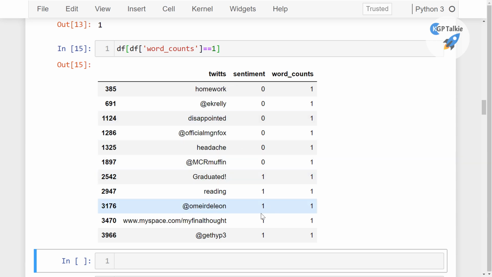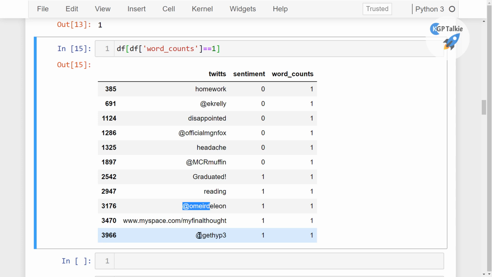I'm not going to remove it, because these are manually annotated by some experts. They might have seen that these users are kind of negative-sentiment people who always tweet negative thoughts, and these users might be positive because they always tweet positive thoughts.